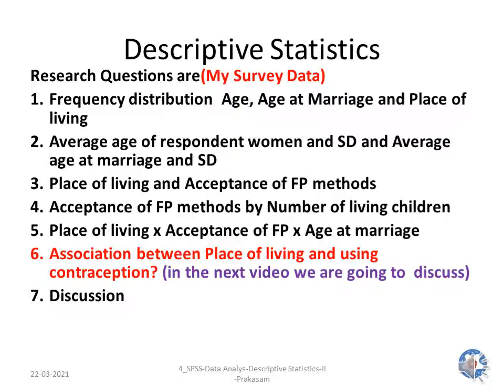He wants to find the frequency distribution of age at marriage and place of living, the average age of respondent women and standard deviation, the average age at marriage and standard deviation, place of living and acceptance of family planning methods, acceptance of family planning method by number of living children, and place of living with acceptance of family planning by age at marriage, and also to establish the association between place of living and use of contraception.